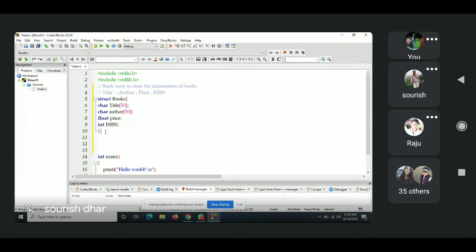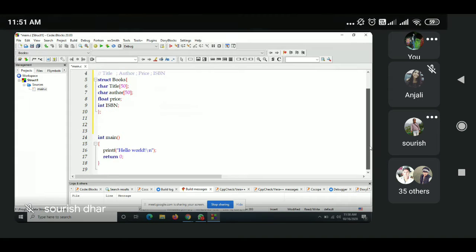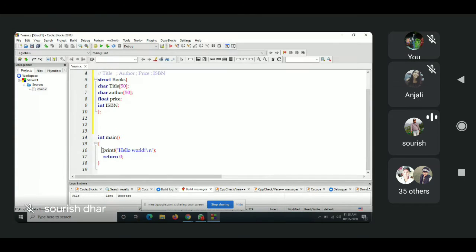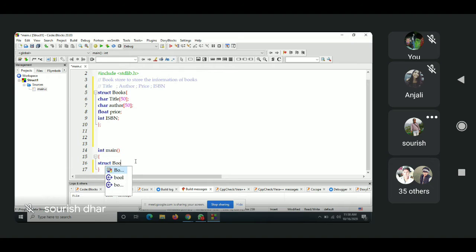See, we have created the structure now. Now let us fill up the structure with some values. So int main, before we fill it up, we have to create the variables of the structure. So what was the name of the structure? Struct books.